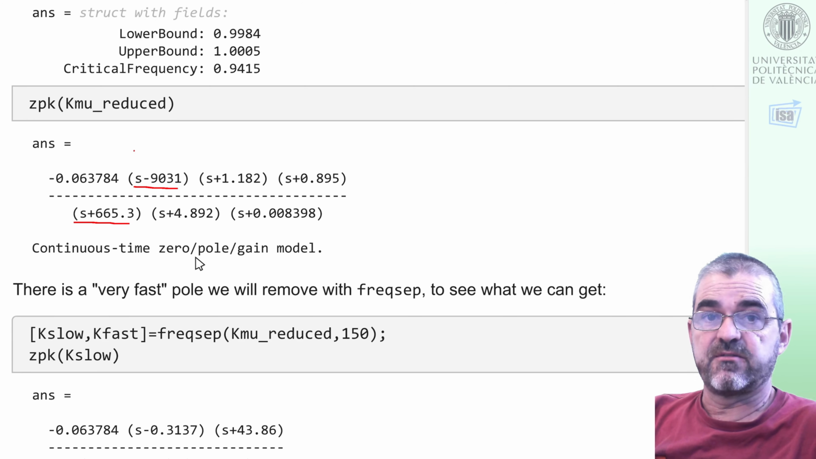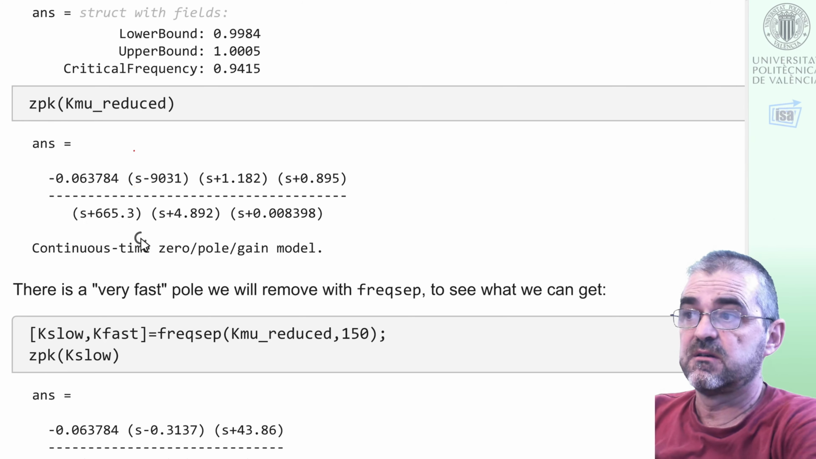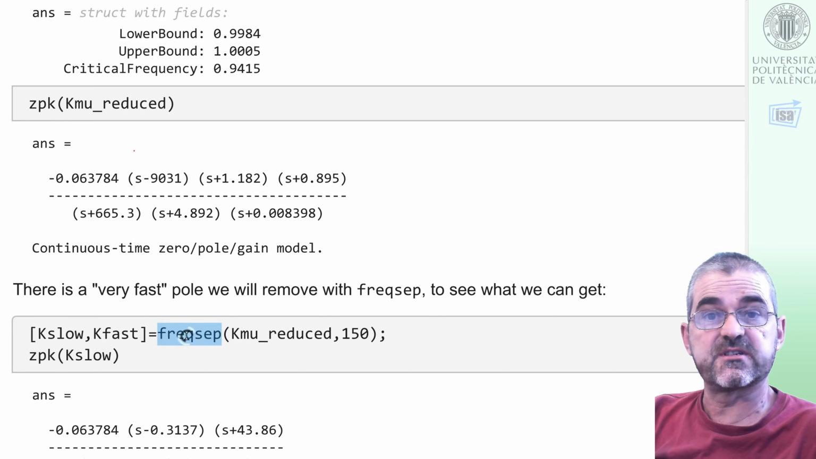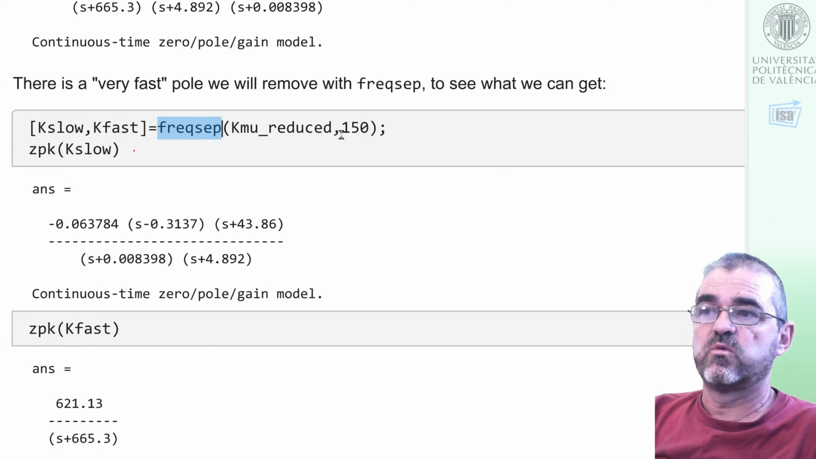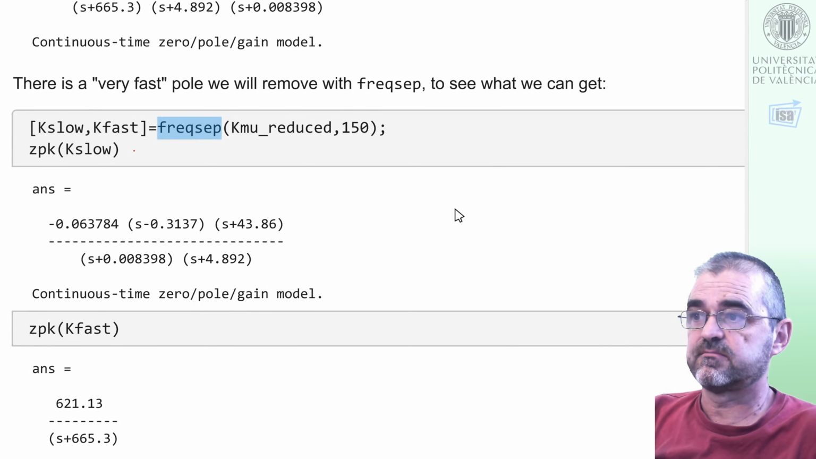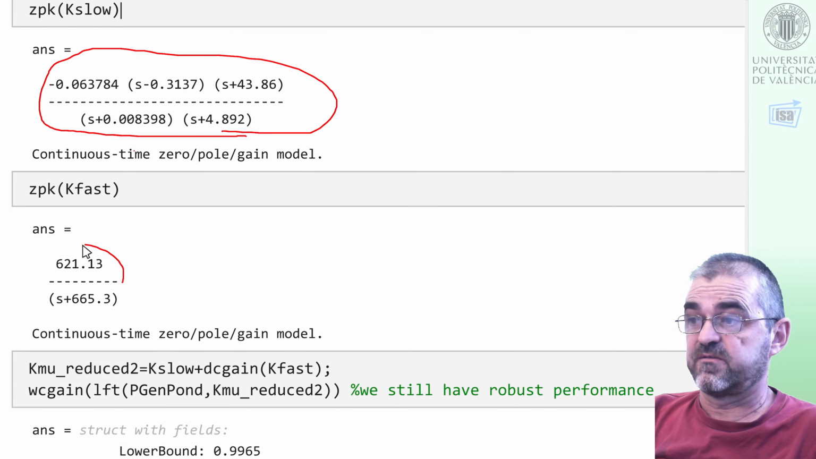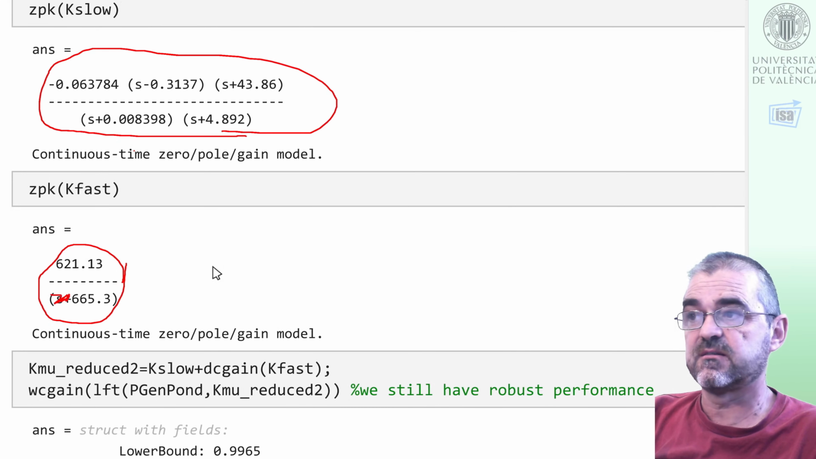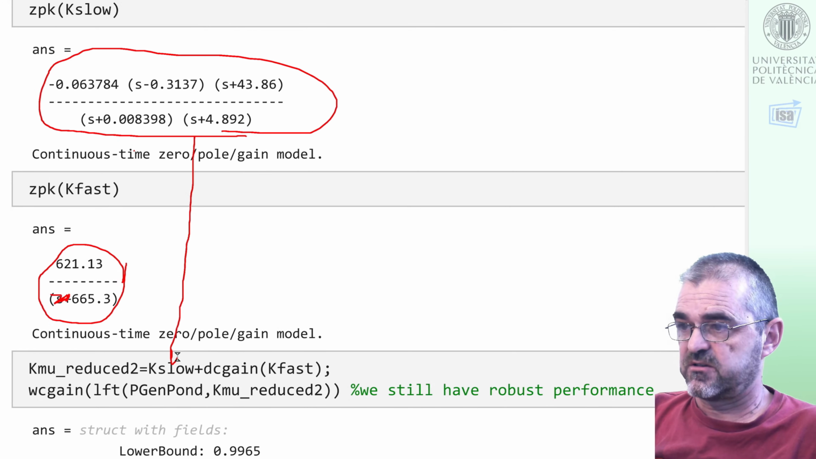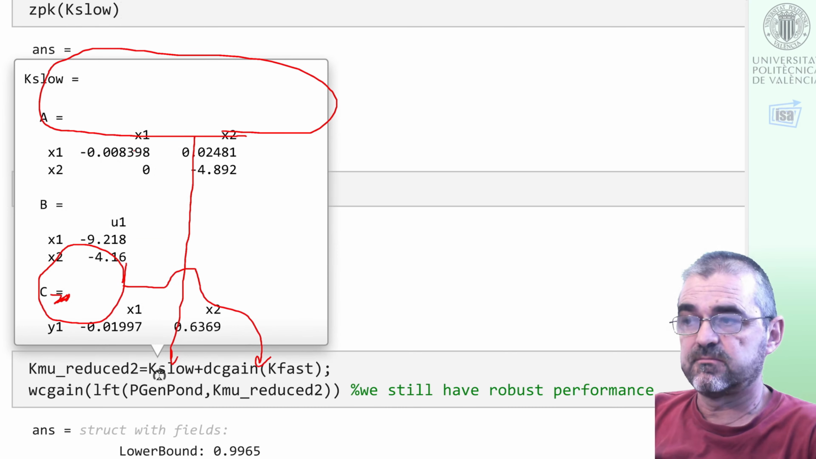Well, balance reduction could not delete this extra dynamics, but if I do it with frequency separation, freqsep, with a cutoff frequency of 150 radians, then I get a slow component with sensible poles and a fast component that I will just forget about, using only its DC gain. So if I add the slow component and the DC gain of the fast component and get a second order controller,